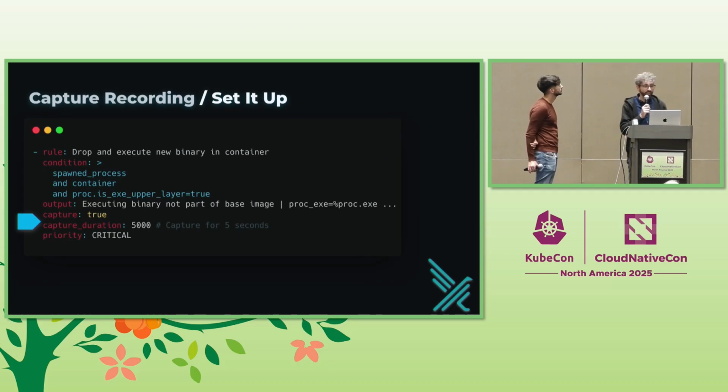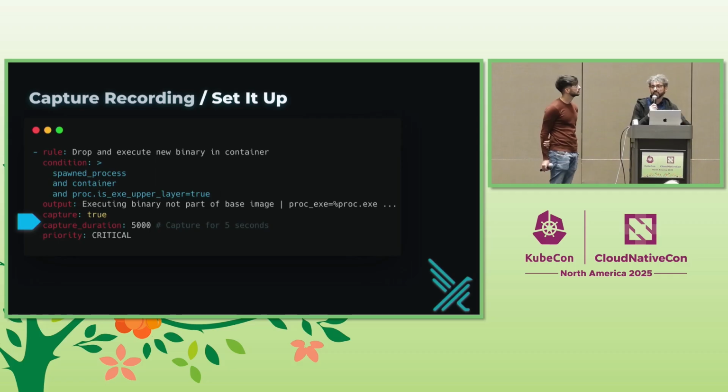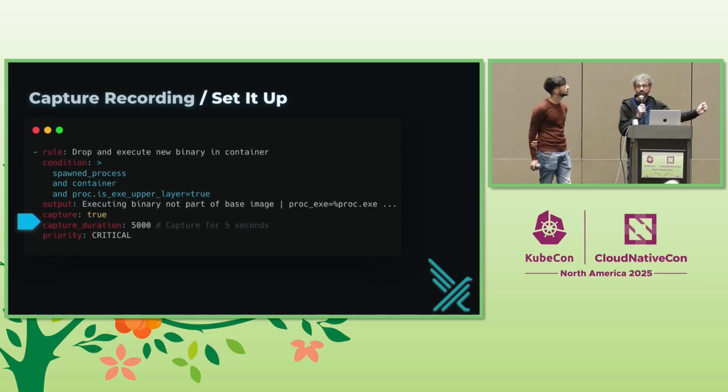Now, with this feature, we introduced the possibility to record into a file. We call those files SCAP files. All the events, starting from when the rule is triggered up to a duration that can be defined by the user. We introduced the possibility to do this for all the rules, so in case any rule triggers, a file is recorded, or only for specific rules. We also introduced the possibility to customize the duration of this recording on a per-rule basis, as you can see.